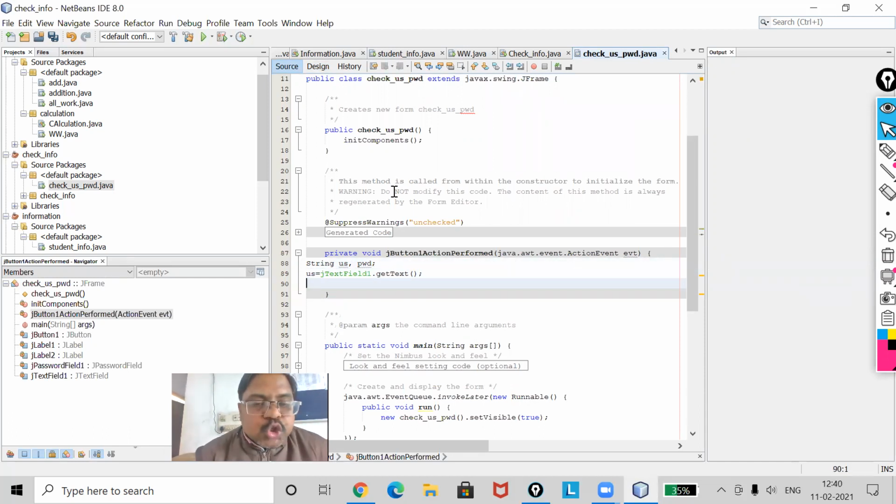Now it's time to store the information in the PWD string.